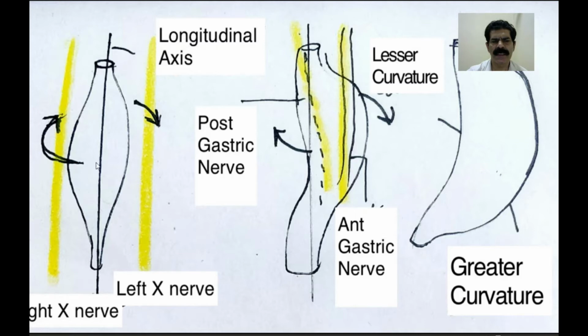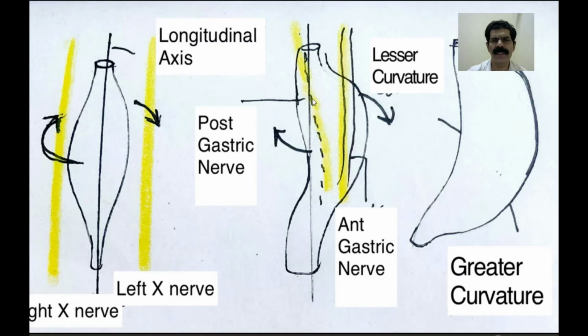So in this clockwise rotation, what happens? The left surface becomes anterior and the right surface becomes posterior because of the 90-degree rotation of the stomach on the longitudinal axis. So the vagus nerve, which is on the left side, will come on the anterior surface, touching the anterior surface of the stomach, and the right vagus nerve, which is touching the right surface of the stomach after the rotation,